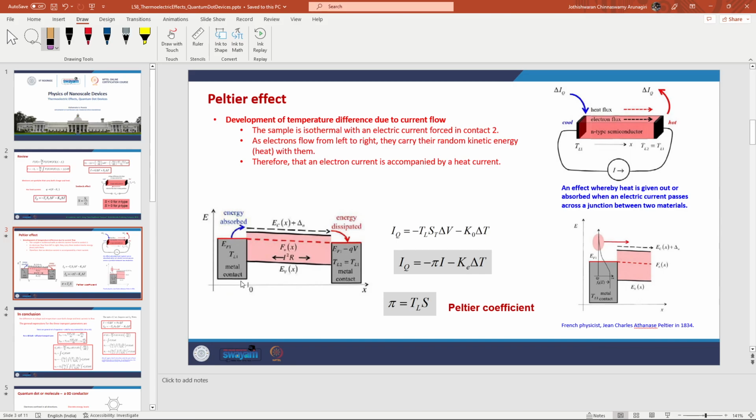So since it is drawing energy from that lattice, this electrode cools down. So now I have a cool electrode here and a hot electrode here. Again, remember, the Peltier effect depends strictly only on the direction of the current flow. Doesn't matter